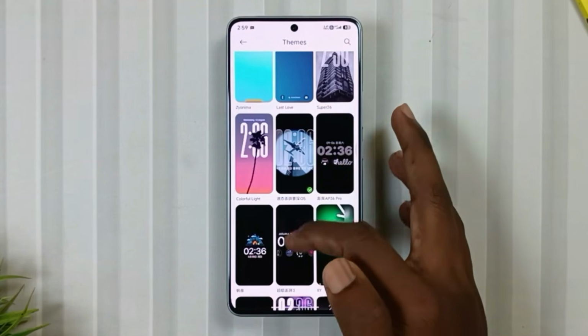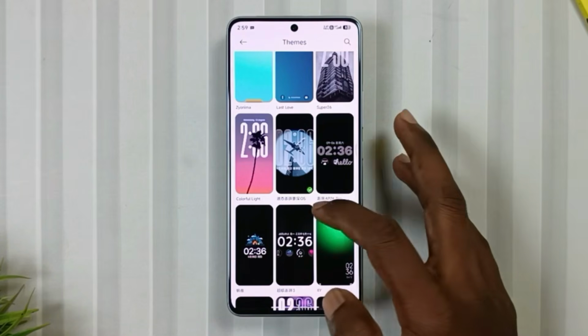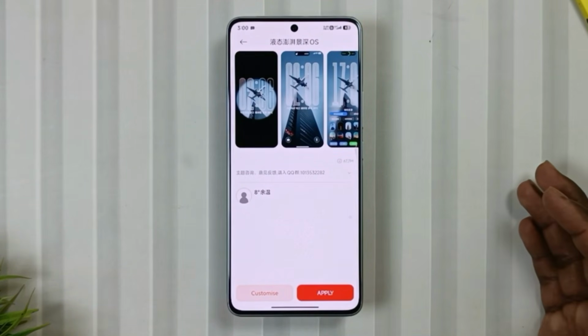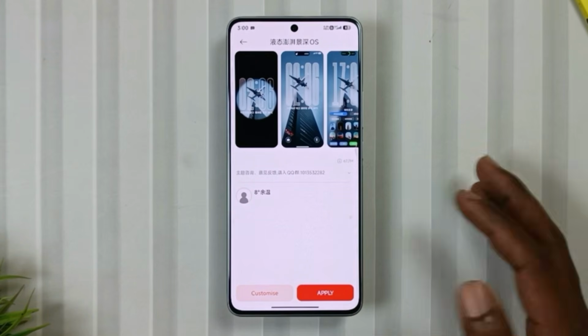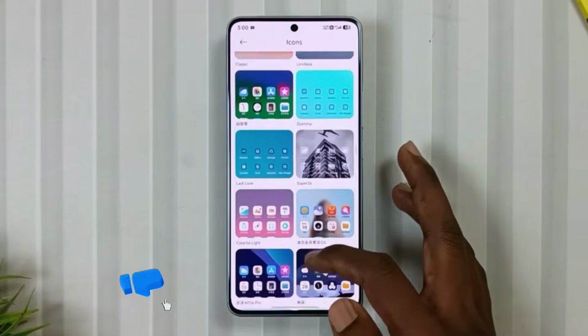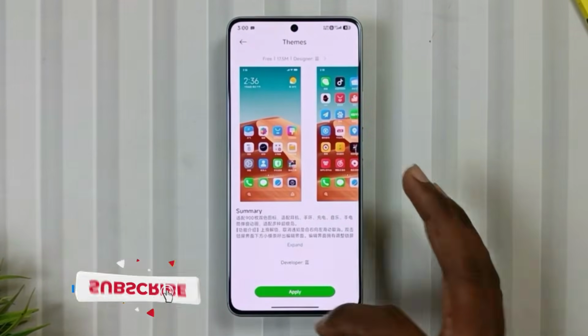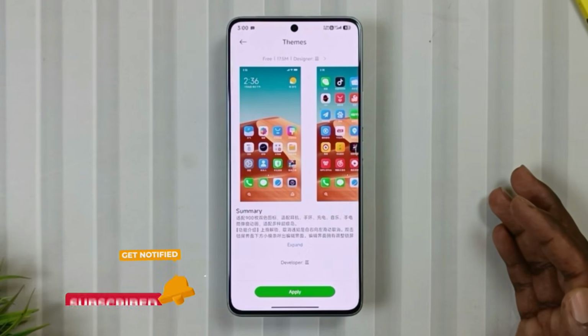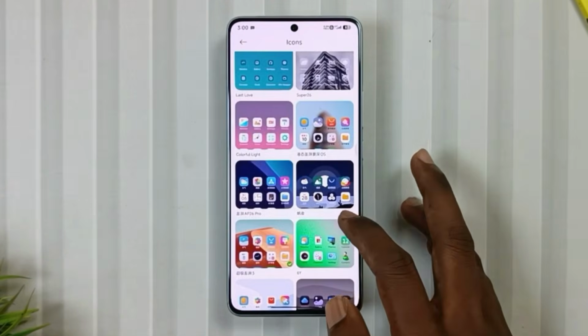you will see these two new themes, in which first you have to apply this theme, liquid glass depth of field. Then your lock screen and control center will be applied. Next is icons, and for that you have to go to the icon section and you have to apply this theme, Super Surging 3. Last is lock screen wallpaper, and for that you have to go to the customize theme,